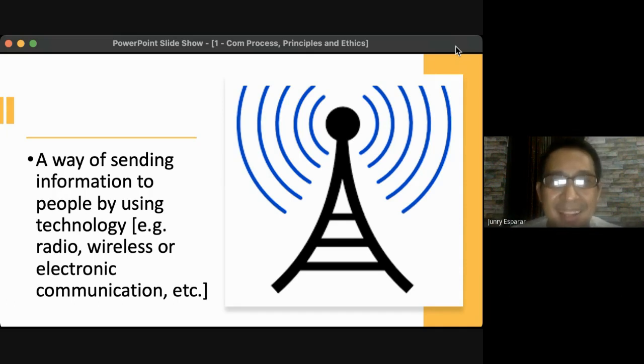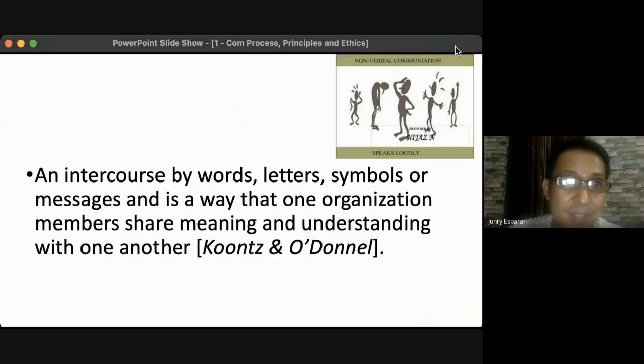So that's something that has changed probably the way of life that we had before and the life that we have now because of this technological advancement. When you say communication, it's an intercourse by words, letters, symbols, or messages, and it's a way that one organization's members share meaning and understanding with one another. Okay, so I know that every organization has its own way of communicating to their employees, communicating to their students